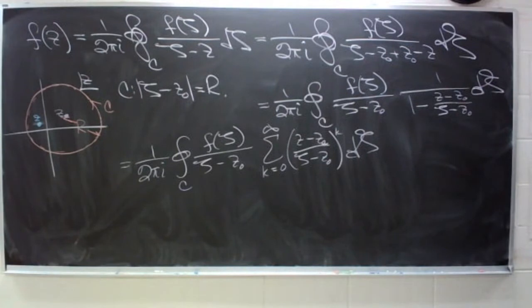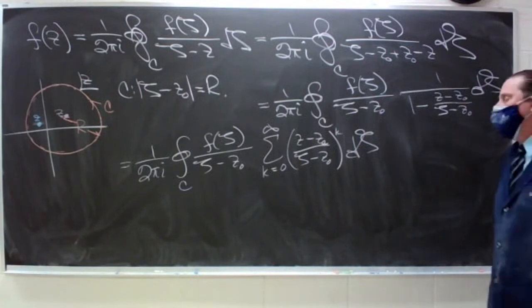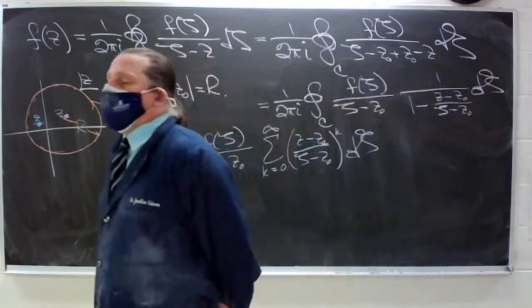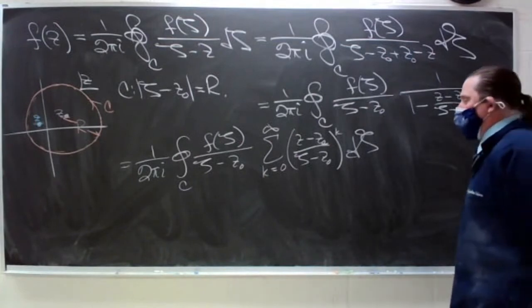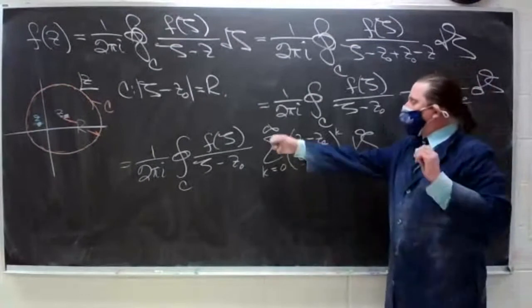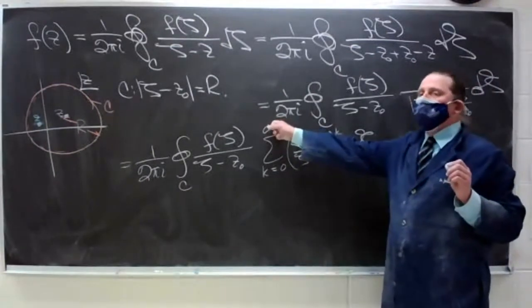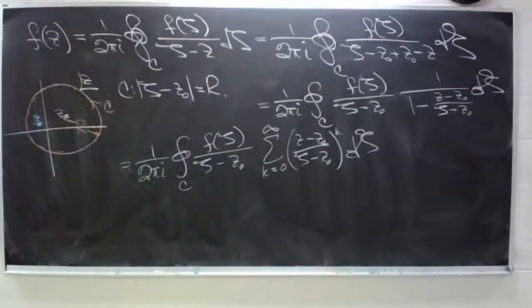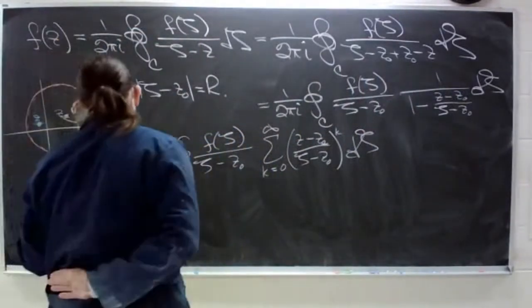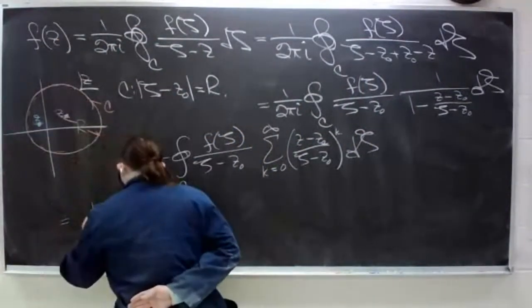All right? Now, I don't want to do this in a sort of wishy-washy way. So what I want to do is change this into a finite sum. So I'm only going to sum up to n. And then I'm going to introduce the sum from n plus 1 to infinity. So this will be